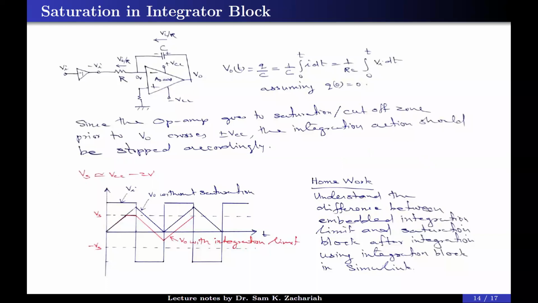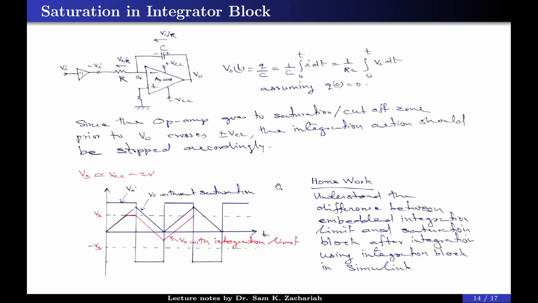If we have a complex filter, a second order filter or low pass filter having multiple integrator blocks, you have to implement the limit due to the integrator part explicitly, like an embedded limited integrator. Mr. Abhilash sir will be teaching you how to program an integrator with internal limit using the Simulink blocks.